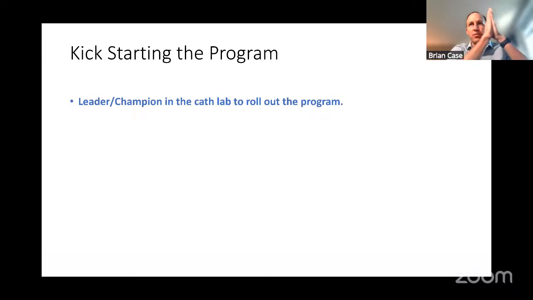Recommendations for kickstarting the program at your hospital. Of course, first and foremost, you want a leader or a champion in the cath lab to roll out the program. You want somebody who has the foundation of understanding of doing proper, full, accurate, invasive physiological testing. In addition, there's a lot of good resources for